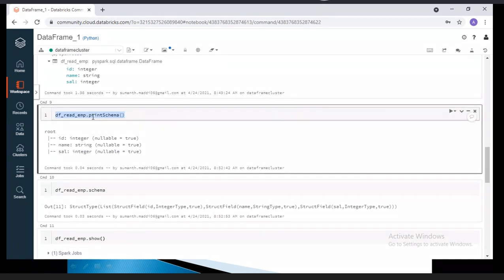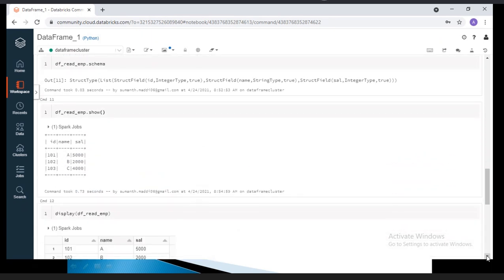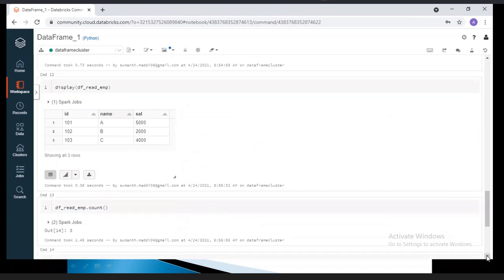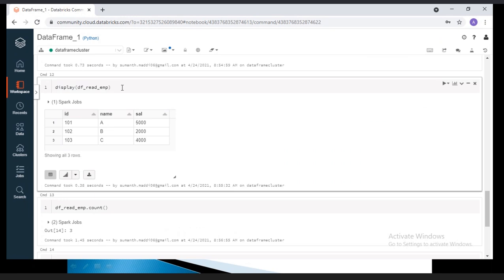The schema yes will be included, but these things you will not include. This is for testing purposes, and during development you want to see what kind of data types are available, so at that time you will check. Even the show and display options, you will not include in your main code. Maybe in your test code or development code you will include them. In your main code you will eliminate these commands.